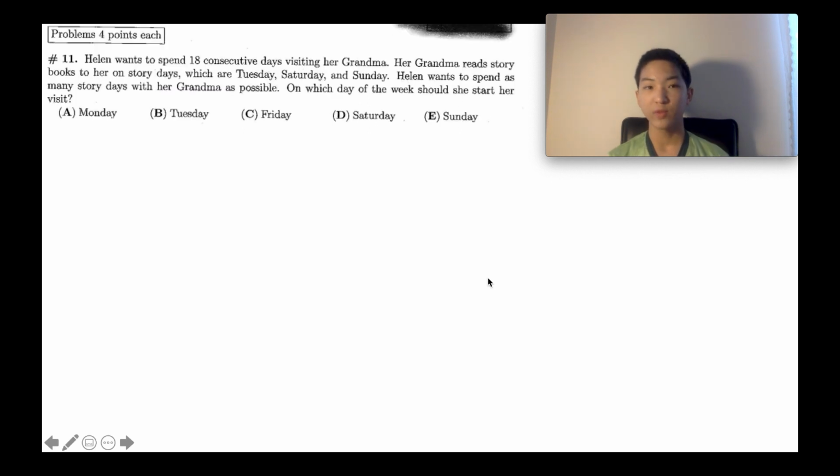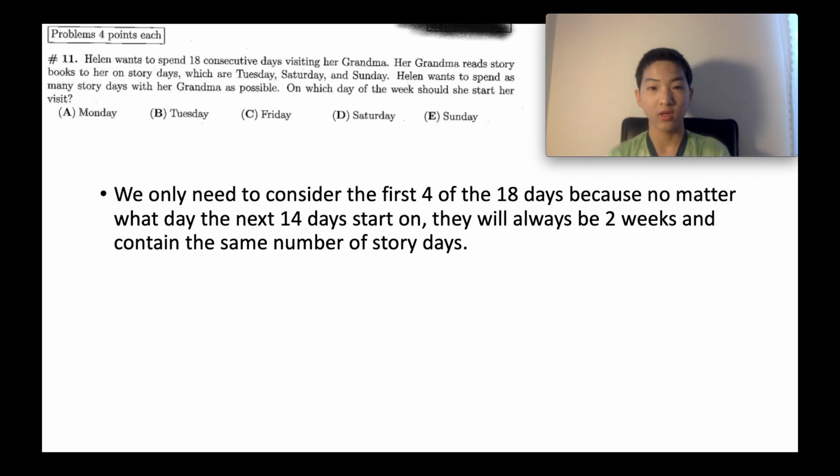So now we are moving on to the 4-point section. First we have problem 11. For this problem,